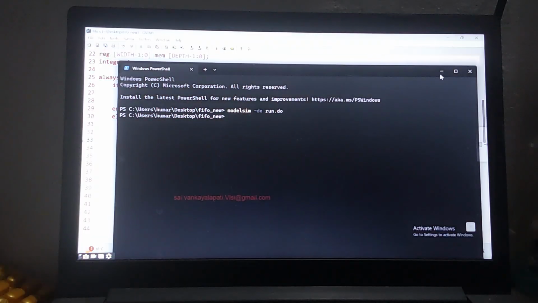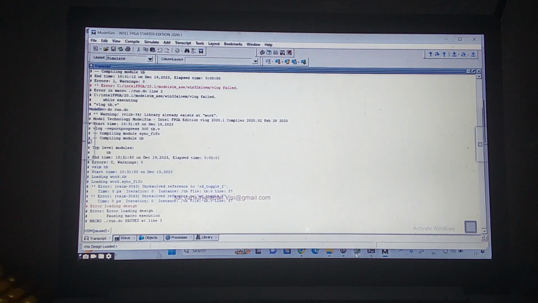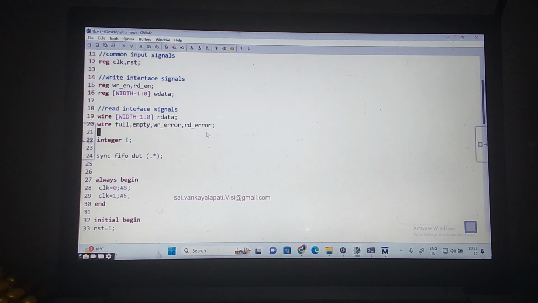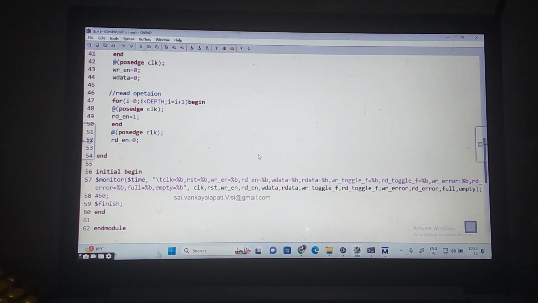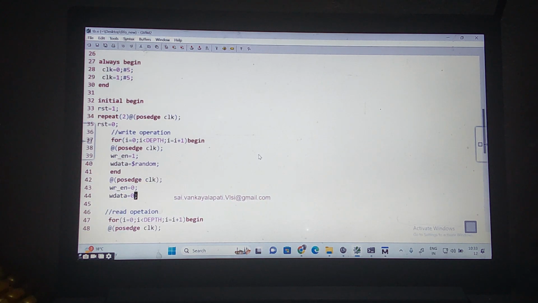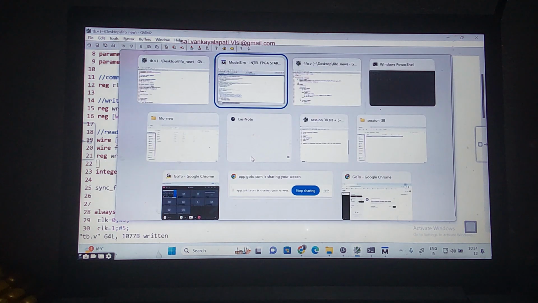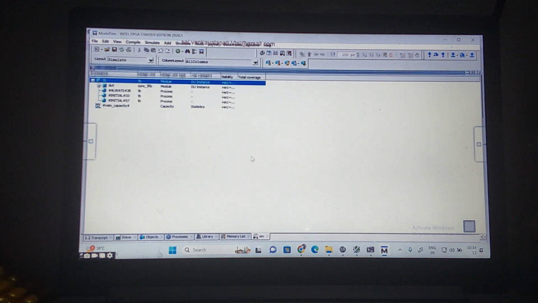Let me show you. Let us open the test bench. Whether I should declare the variables here. The ready signal is not used in this, right? We are doing the handshaking with valid and ready. So the error we are getting is that the read flag and write flag are not declared. Now let us add write toggle underscore flag. Then read toggle underscore flag. We solved this problem, right.